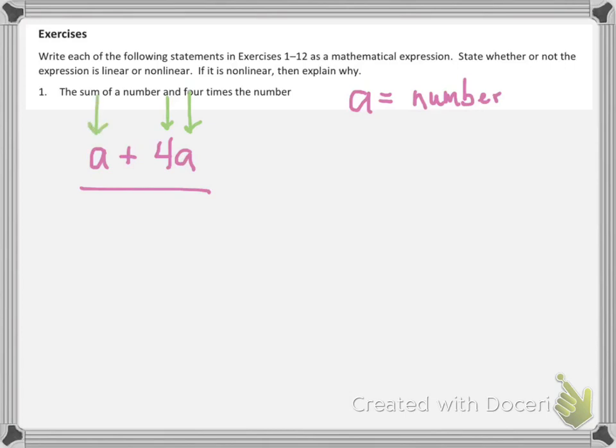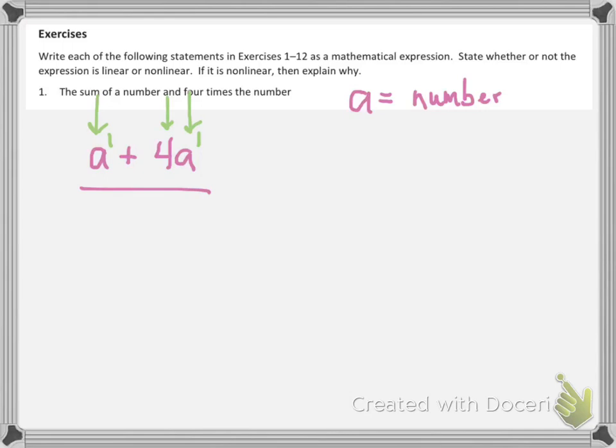Here's a variable, and the product of a constant where the exponent is either a 0 or a 1. In this case the a is raised to the first power, which just makes it a. So this is a linear